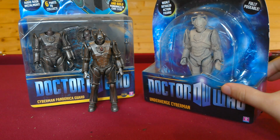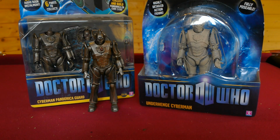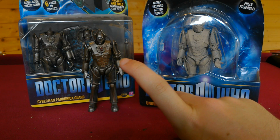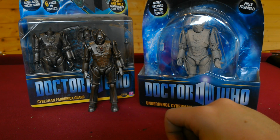So I'm glad they just didn't spray paint it in a stone colour, because I would have been quite disappointed in that. And that is the same with the Unhinged Dalek and the Unhinged Roman soldier. Obviously, you can see the hand is slightly different, because they've used a different mould, because it's bent inside. Whilst the hand is the same, as well as the Cyberman gun being on the same side,